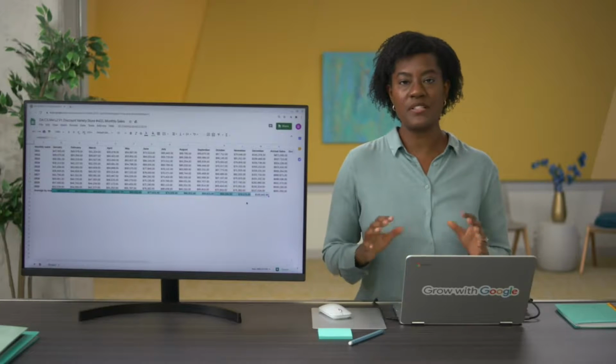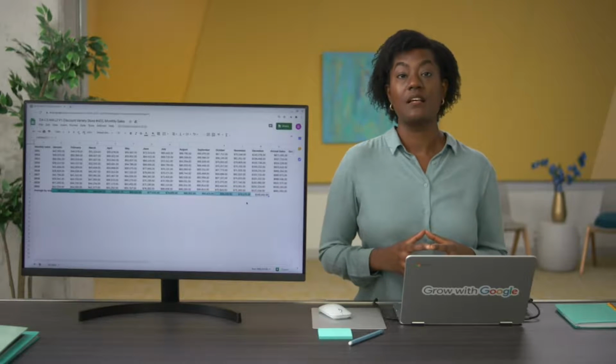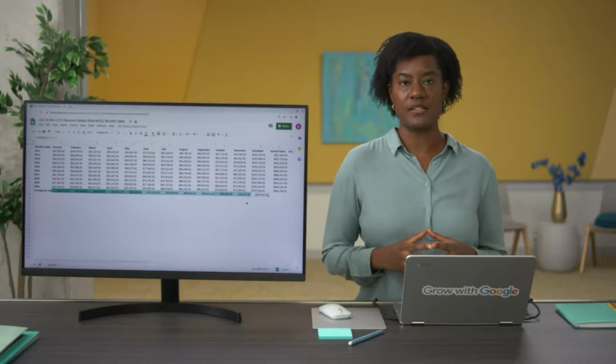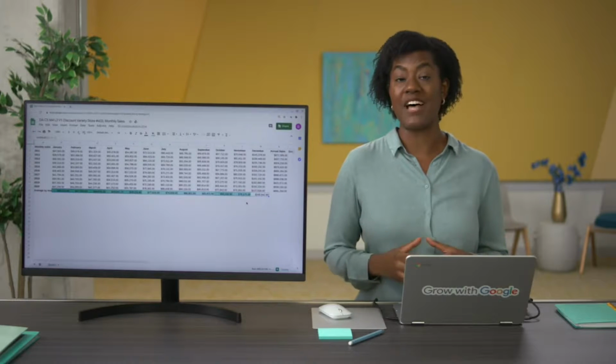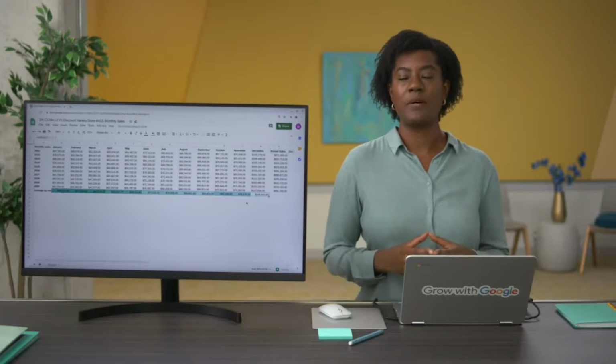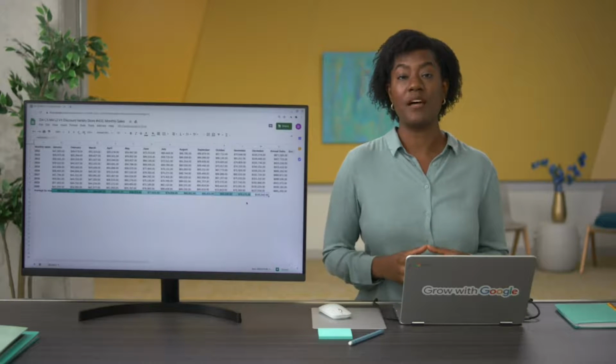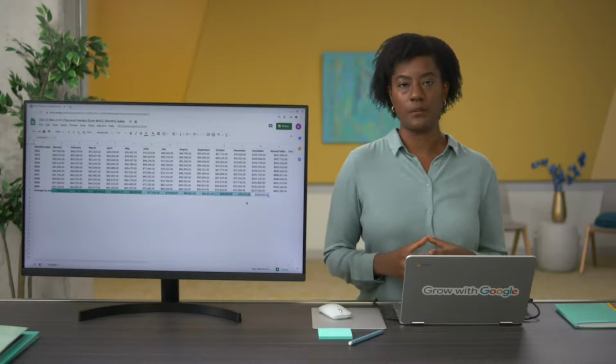Now, when we share our analysis with our stakeholders, they'll be able to tell right away which months have the highest average sales. Okay, just a couple more steps to complete our analysis. Now we need to find the minimum and maximum for average monthly sales. With a data set this small, it might be easy to find the minimum and maximum values without a formula, but it's still good practice to use one. Not to mention, using a formula helps prevent human error.